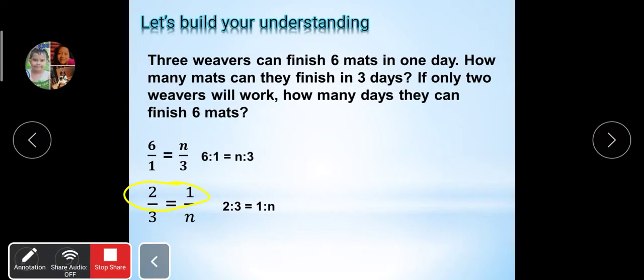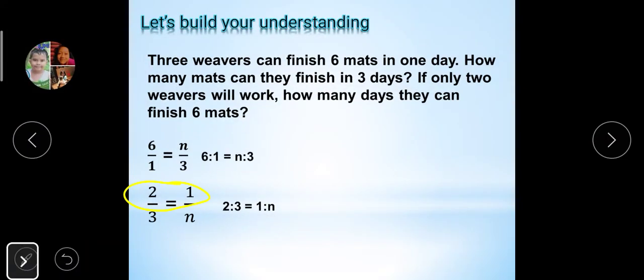Okay. So, yung 2 represents the less number of the weavers or the workers, while 1 represents the less number of days. Okay, so yung 3 is the number of weavers and then yung n is the number of days. Okay, 2 is to 3 is equals to 1 over n. So for this time, ang hinahanap natin is